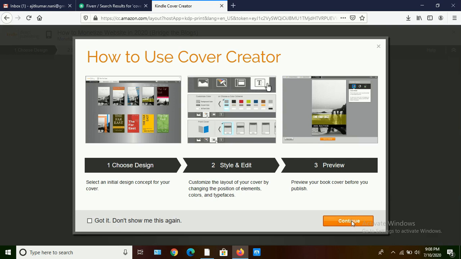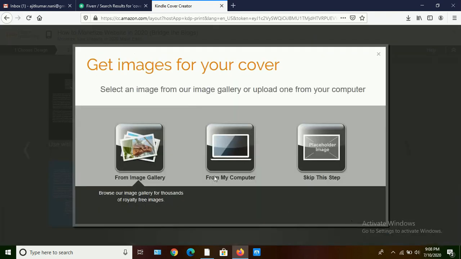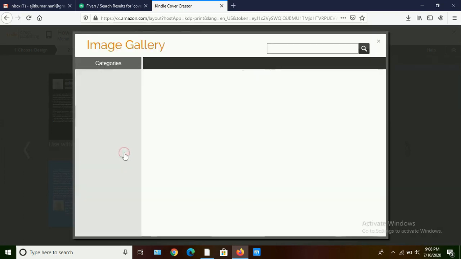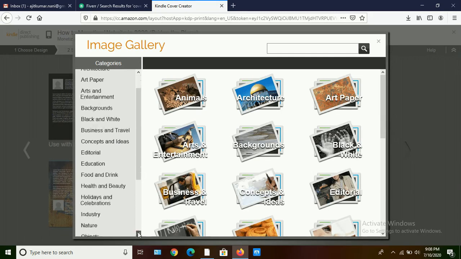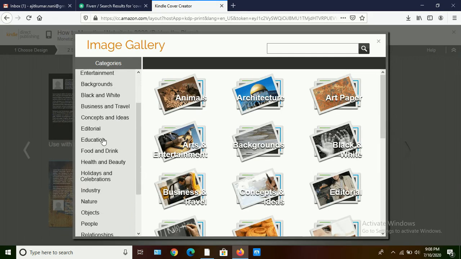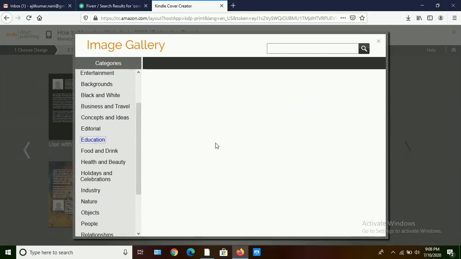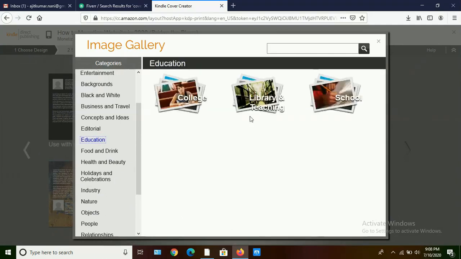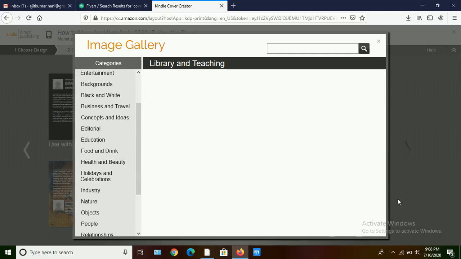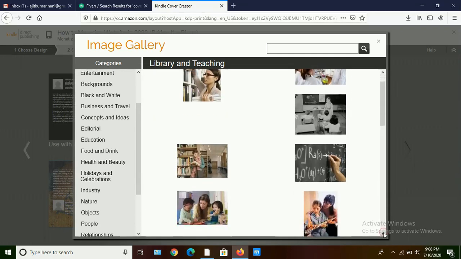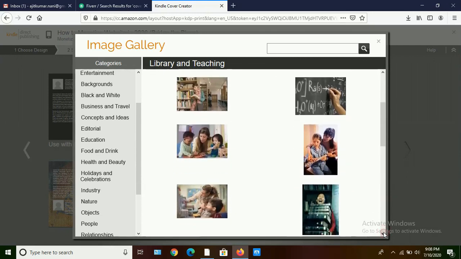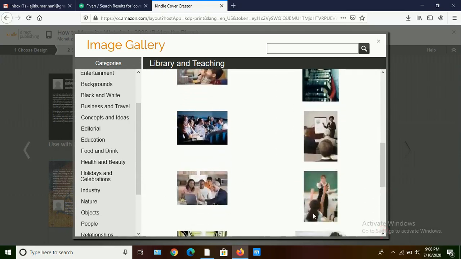Click on continue, and from image galleries, previously you clicked on education, I think. Yes, education, library and teaching. Yes, this is our cover.